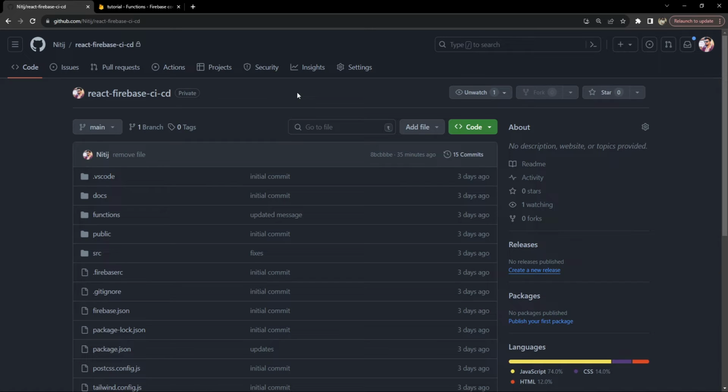So first, let me give you an overview of the different items we will be using. The first one is a repository in GitHub. So in my GitHub account, this is the repository for which I want to set up the automatic build and deployment for every code push. In this repository, I will be adding a workflow file, but before that, let me also show